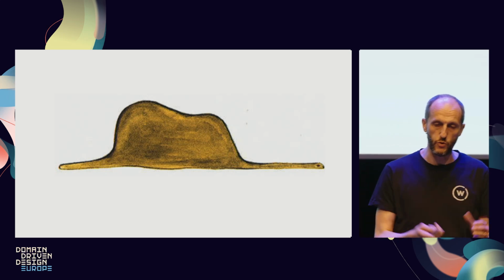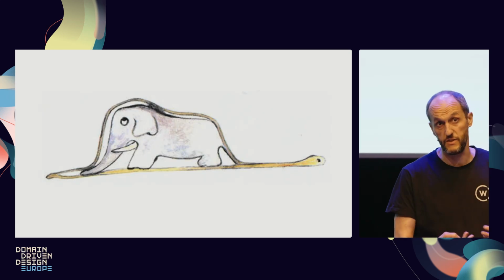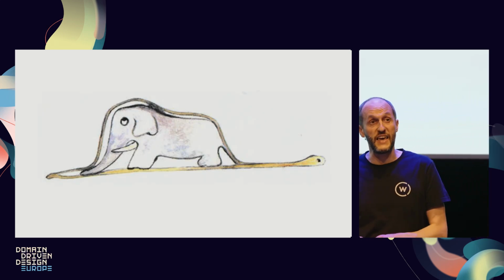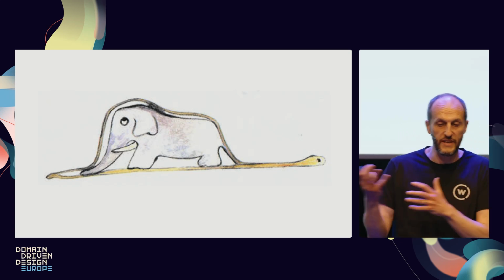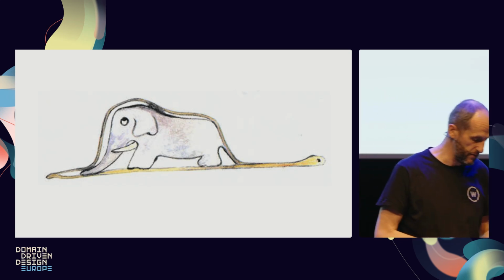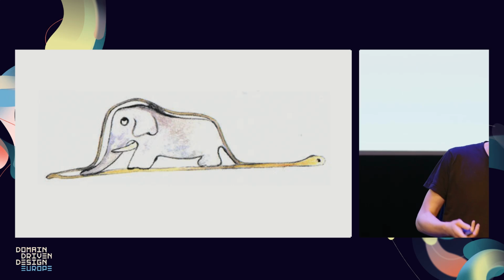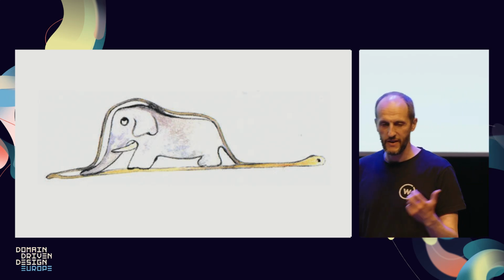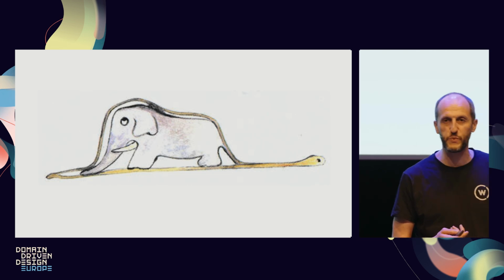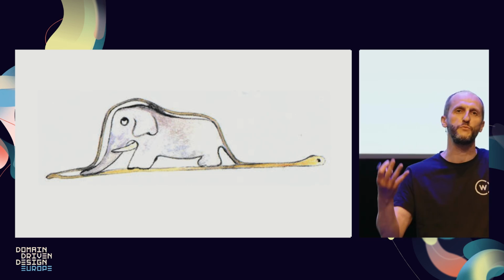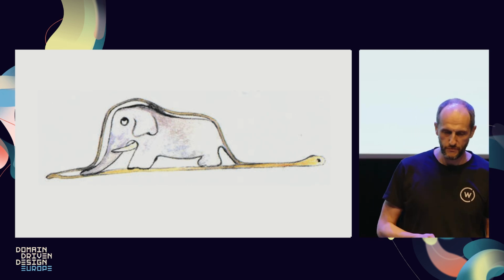What little Antoine wanted to show was this. He read about snakes that can consume really large animals. So he drew a snake that ate an elephant. So this was what I wanted from my team: have some snakes and elephants, perhaps. But what kind of expertise was needed to get those very different perspectives? I'm not sure.